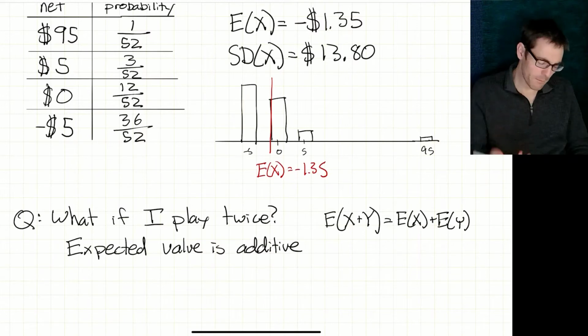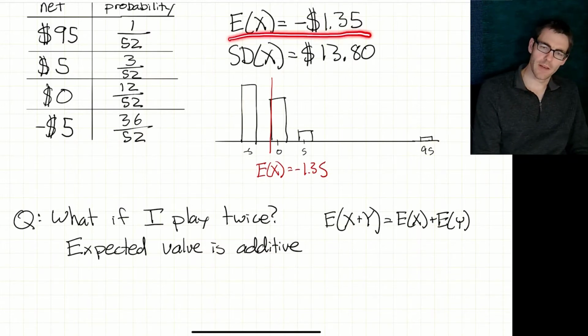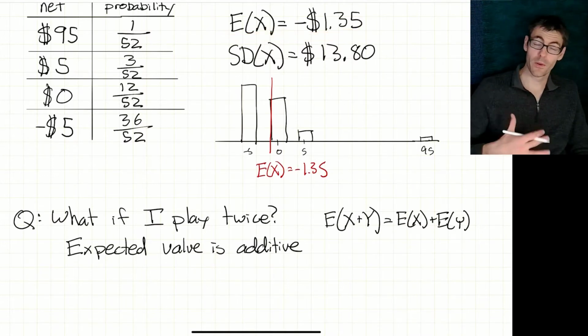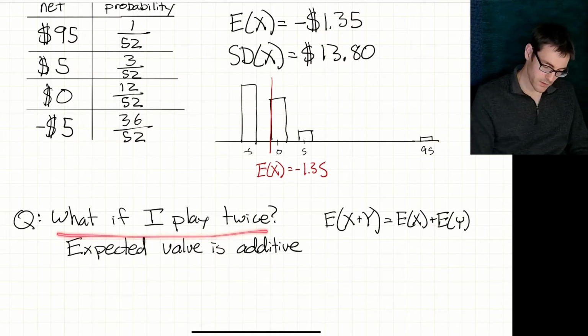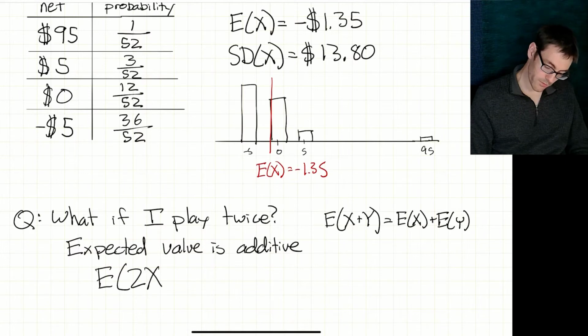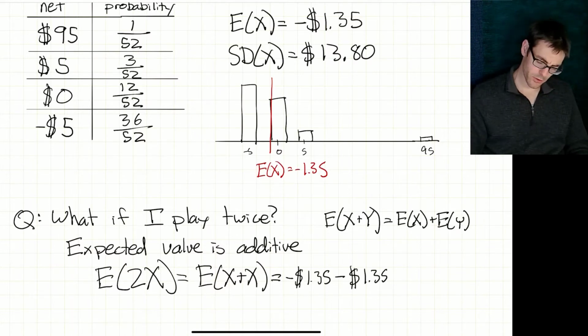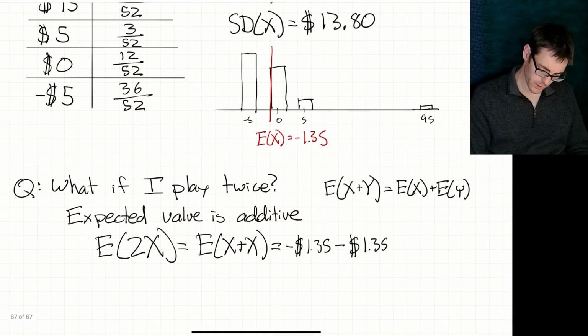All right. And so what I mean by that is, if we were to take our original expected value, which is negative 1.35, and we said, all right, what if we were to do this twice? Well, it's just going to be 2 of these things added together. So if I were to play this game twice, the expected value of 2 of these, or put another way, the expected value of x plus x, is just going to be 2 of these things added together, which I believe comes out to negative